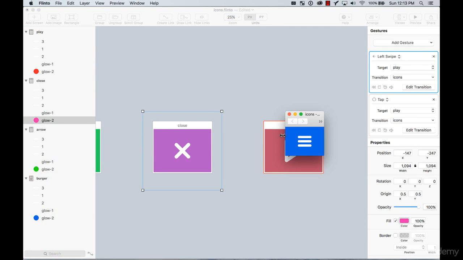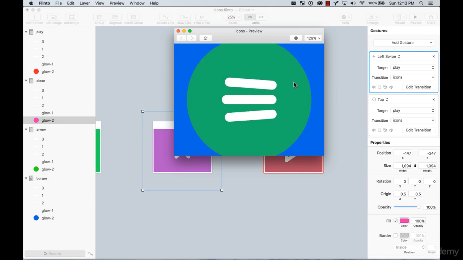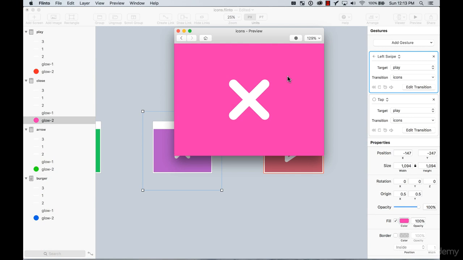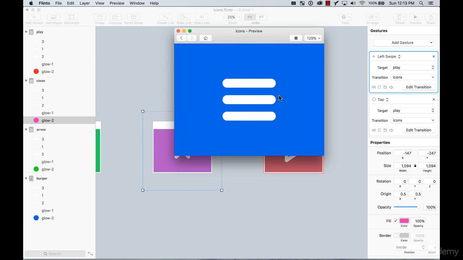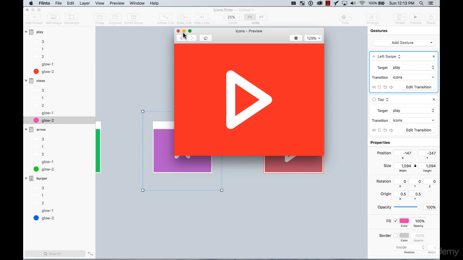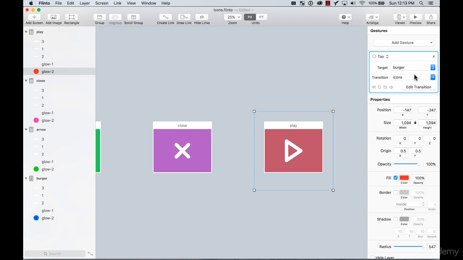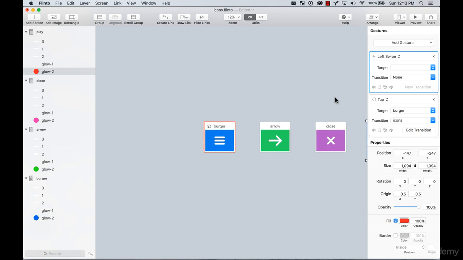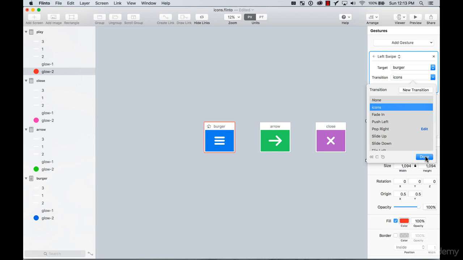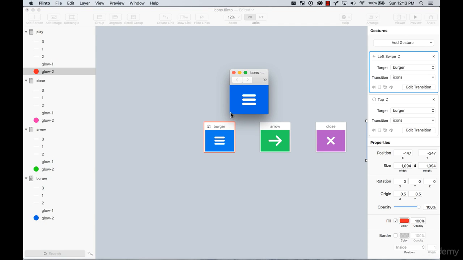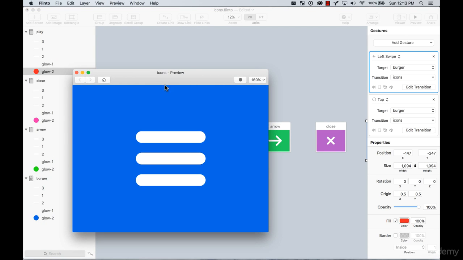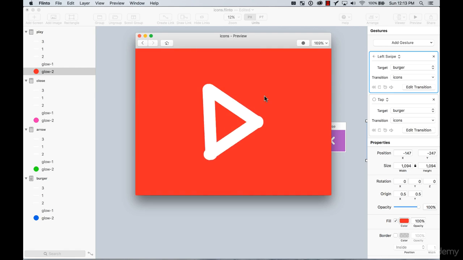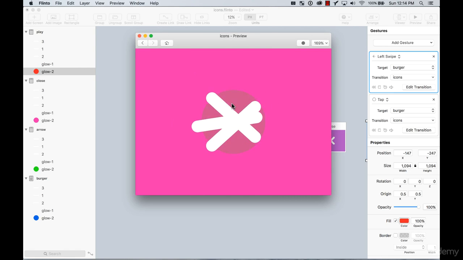And let's test it out. So as you can see, I can use tap to go forward, but I can also now use a left swipe to go to the next one. That's so cool, right? I think I didn't add one here. This one I'm going to add another gesture, left swipe, and I'm going to say burger, the target, the same transition, icons, done. Let's preview it again. And again, you can control this by tapping, boing, boing, boing, boing,